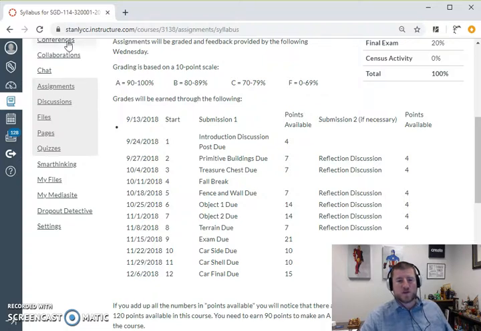The way that this course works is your primitive buildings project is worth 7 points. If the only thing you do in the class is the primitive buildings project and you get full credit on it, you will end the course with a 7 out of 100, which is failing, right? But if you do the primitive project and the treasure chest project and the fence project and object 1 and object 2 and the terrain and the exam and all of the car projects, then you'll end up with 10, 20, 35, 56, 58, 68, 78,